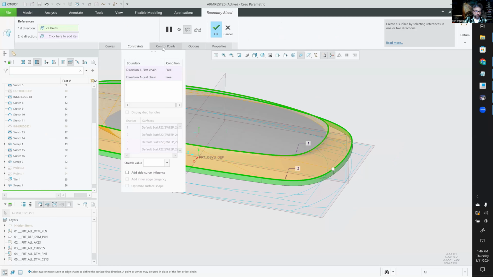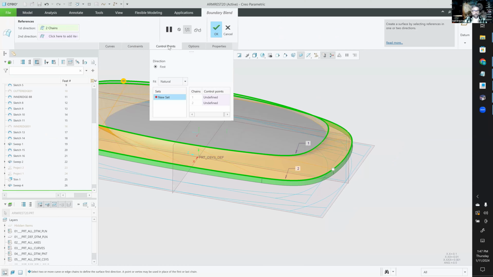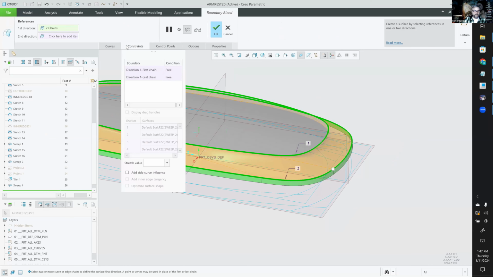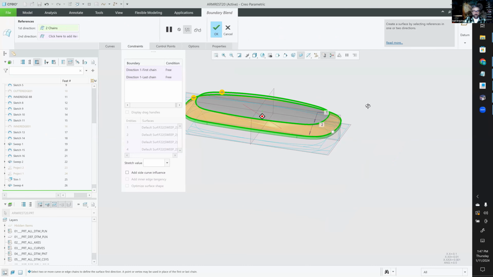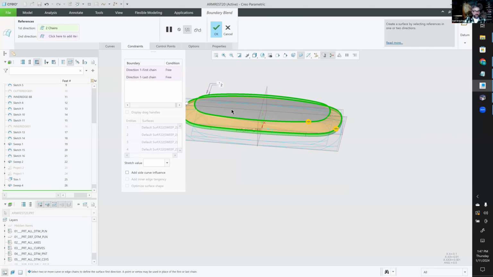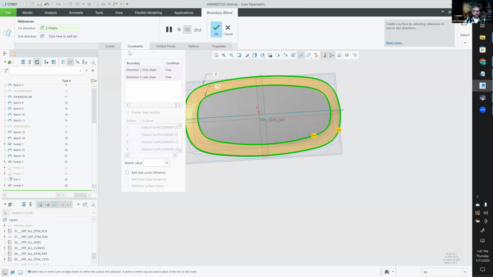I think control points should be before constraints because my brain likes to move left or right. But here, I'm going to go to the control points and go piece to piece, and then back to my constraints. Instead of choosing the constraints per se, what I like to do is